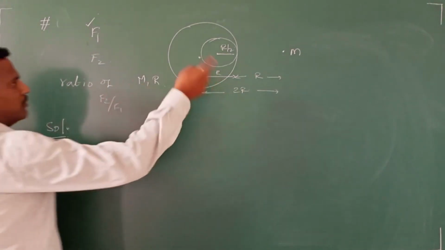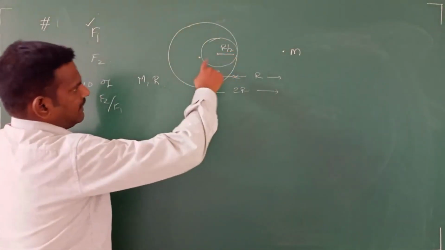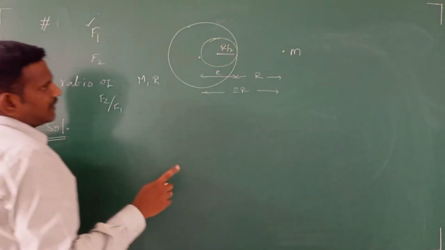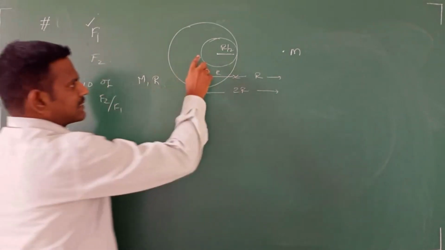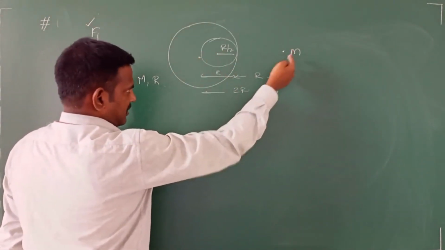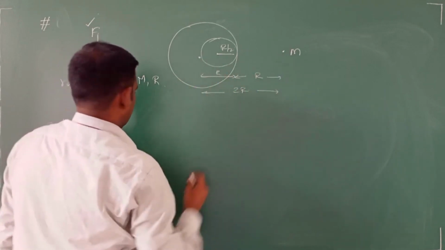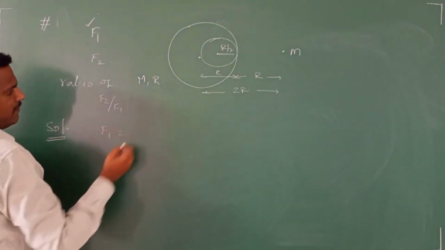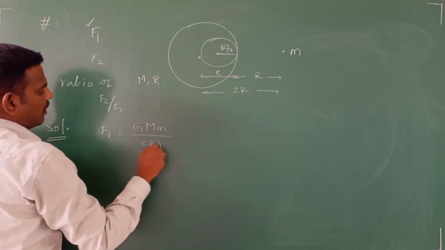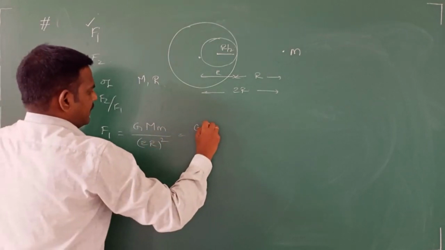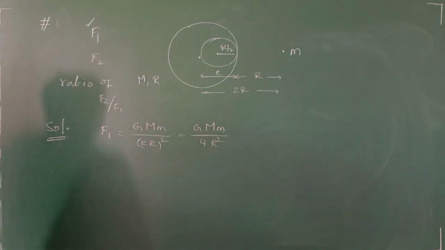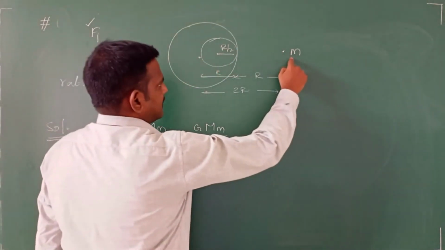First of all, before making the cavity, what is the force of attraction? The gravitational force of attraction is always along the line joining the centers of the two points, right or not? So this is the center and this is the point mass. What is the distance between them? 2r. Therefore, F1 will be nothing but GMm divided by (2r) whole square, so GMm by 4r square. This is the force of attraction between the center of the sphere and the point mass